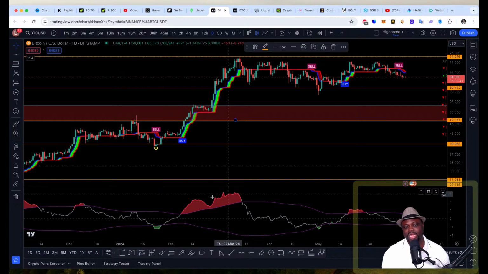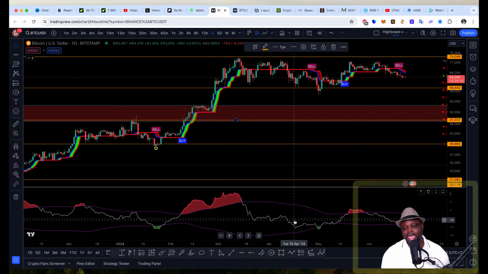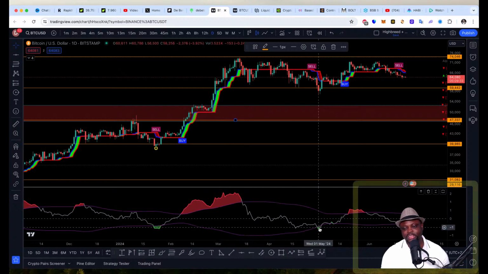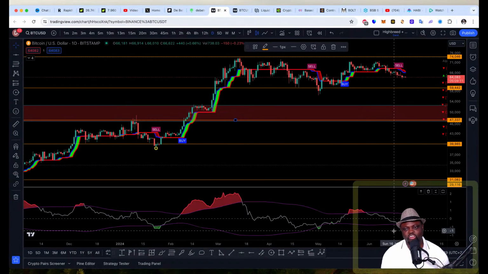Like now, the red zone here is the overbought area, and the green zone is the oversold area. Now it shows that we are in the oversold area, meaning maybe we might see Bitcoin pump to the upside, or maybe this is the beginning of the downtrend. Usually when we see this band squeezing like that, and price is moving in the opposite direction, it means we might see more downward movement for price.